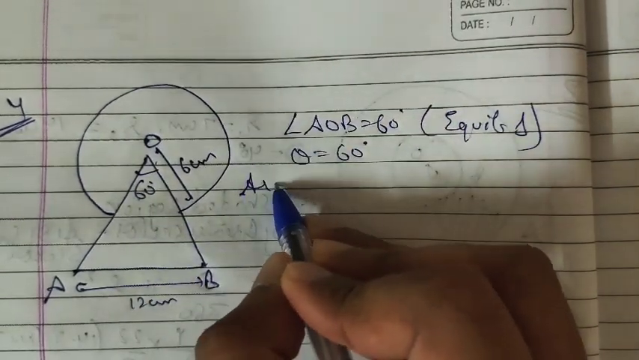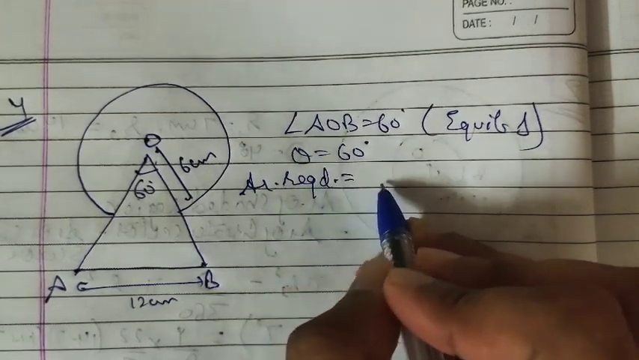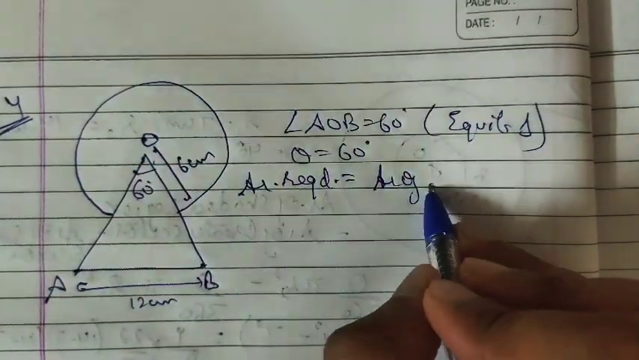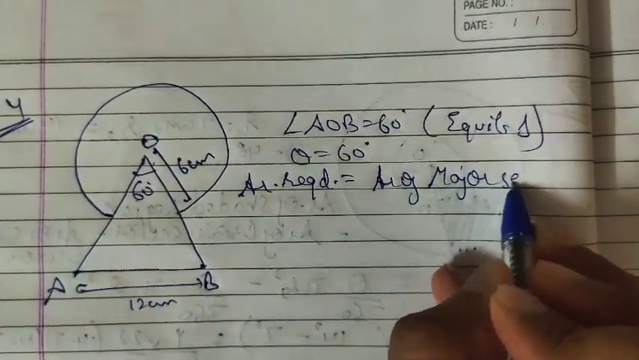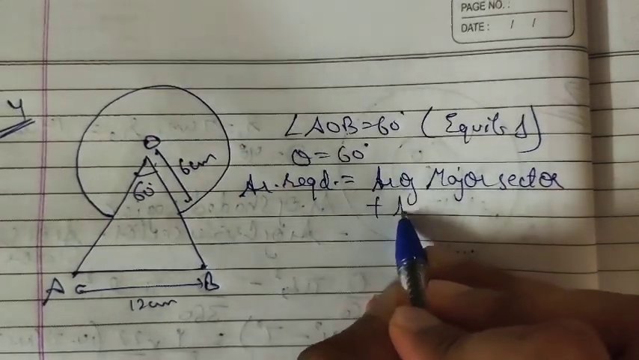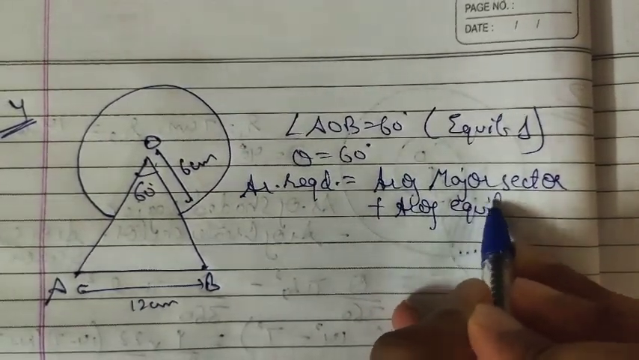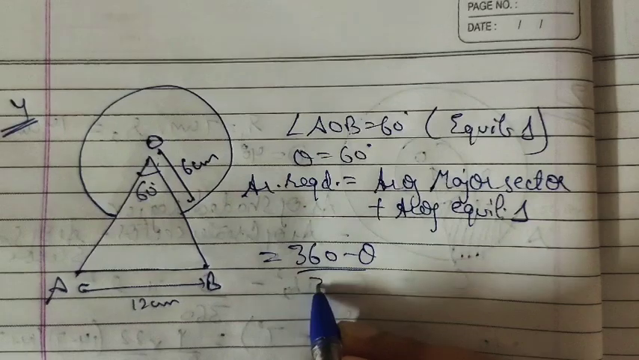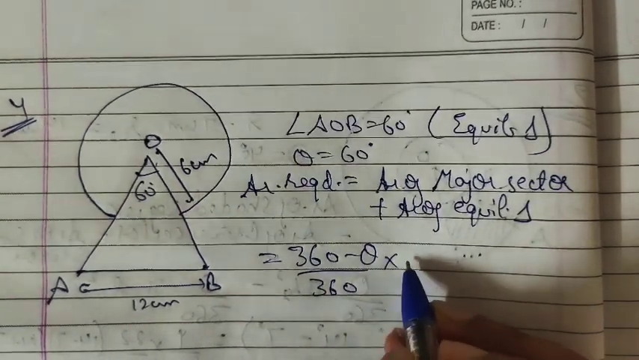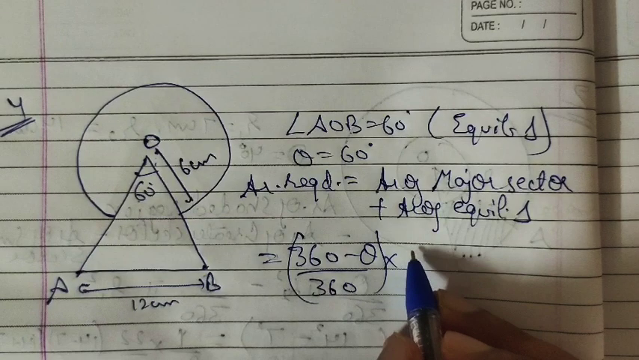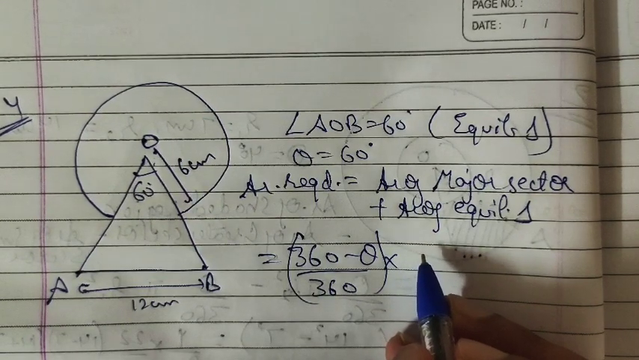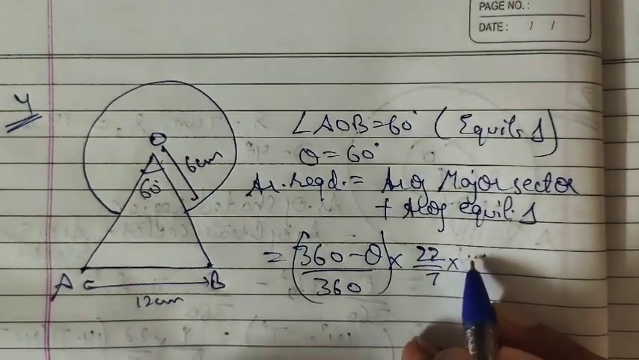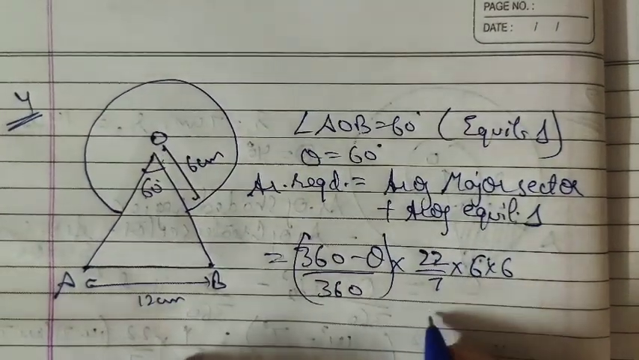So area required is equal to area of this sector, right? We call it major sector, plus area of equilateral triangle, right? So area of major sector is (360 minus theta) upon 360 multiply by pi r square. Pi value we have to take 22 by 7 as no information is given. So 22 by 7 multiply r value is 6 multiply by 6 plus